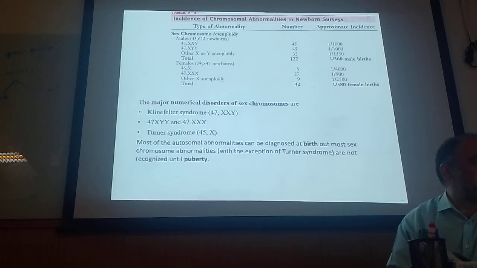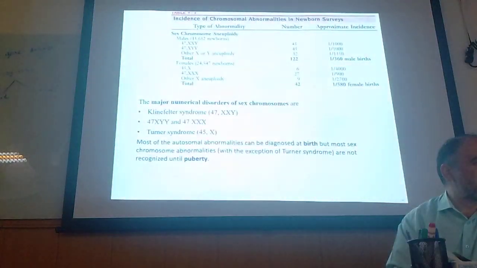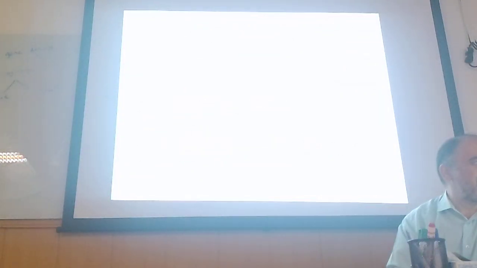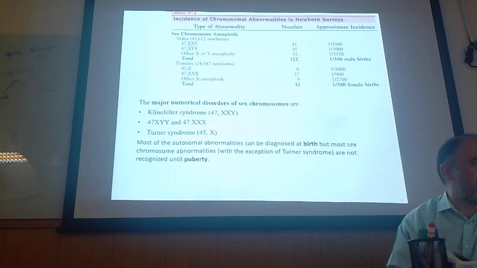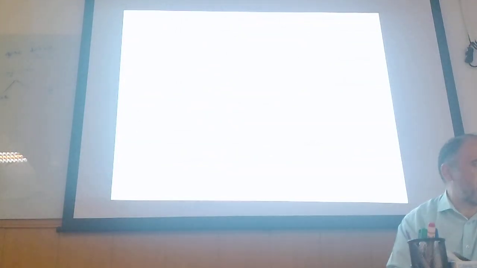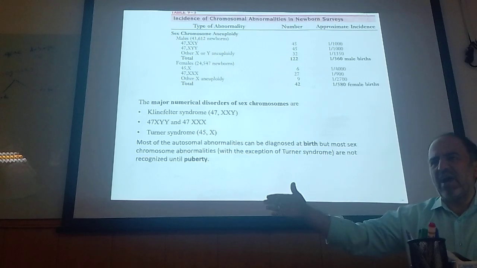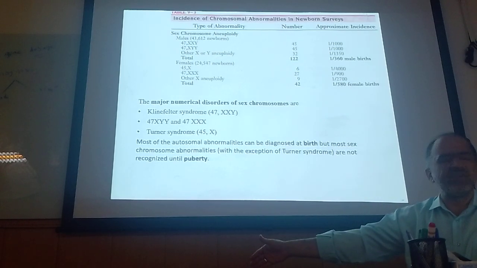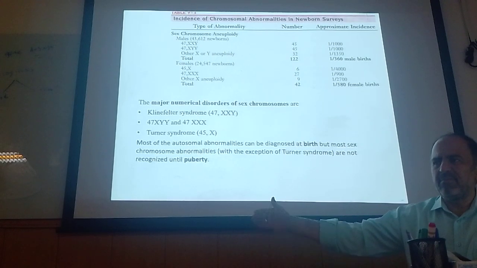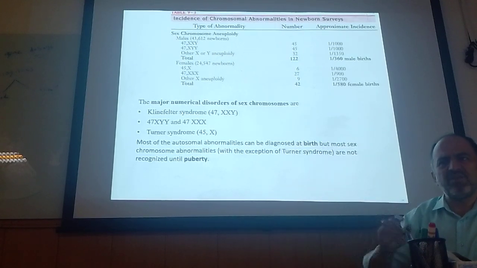Usually we have these numbers: sex chromosome aneuploidy, extra X for the male would be Klinefelter. The frequency would be 1 in 1,000. Extra Y, again 1 in 1,000. Other X and Y aneuploidy for male would be 1 in 1,350. Total 1 in 360. So it means if you help to have delivery of 360 boys, one of them has got the problem of the